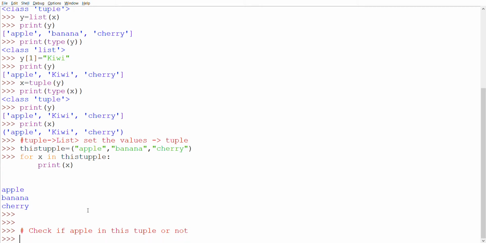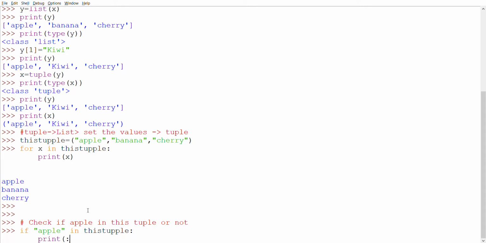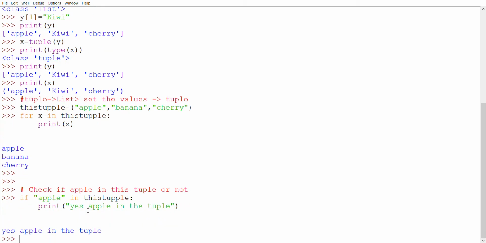If apple in this tuple, then print yes, apple is in the tuple. You see it, right? Yes, apple is in the tuple.